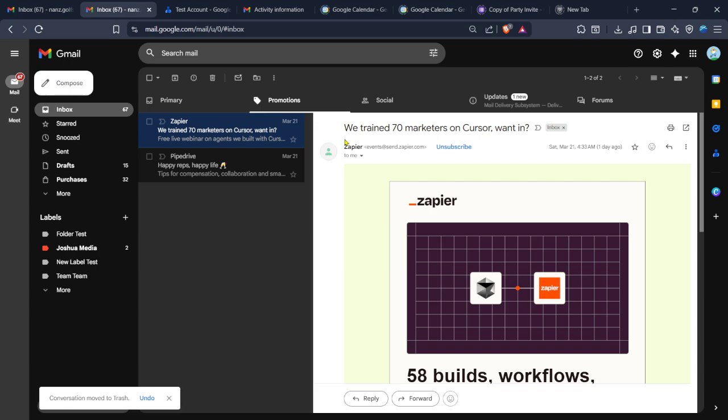faster email workflow. Once it's turned on, you can test it right away by going to your inbox, opening an email, archiving it, and seeing Gmail automatically take you to the next message. It's simple, but it's one of those features that once you have it, you'll wonder how you ever managed without